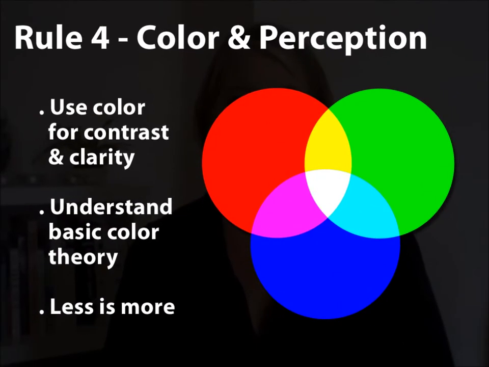Rule 4 deals with color and perception. Color creates really good contrast, and so your color choices have to place your foreground elements like text perceptually in front of your background. Now, in the digital world, 3 basic colors are used for color mixing. Red, green, and blue. We all know RGB, right? Well, all of the other colors are created from these 3. White is the combination of all of those, and black is the absence of color.